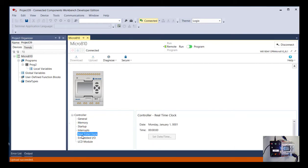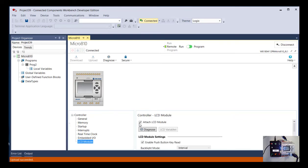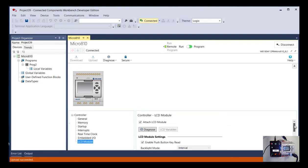I won't go through all those right now because they are things more advanced for later, but we will notice, like down here, if we look at LCD, it's saying, yep, I've got an LCD module attached to me, and there's different ways you can configure the LCD. But what we're really curious about today, this is our first PLC program, is what program is actually going on in here. So again, coming back over to the tree, you can see there's a Programs tab, and in this case there's one program in it, and it's labeled Program 2. So if I double click on Program 2,